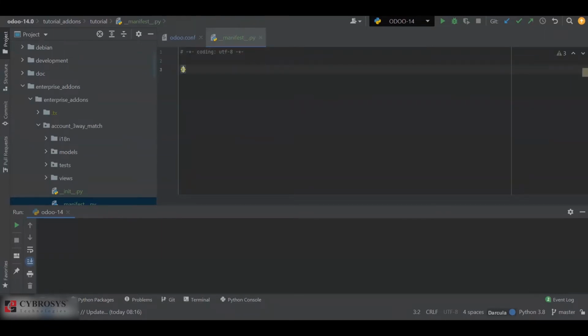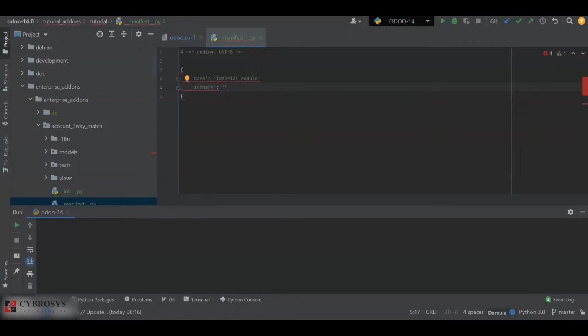Next, we'll open a curly bracket, and inside that, we'll add the first attribute, name. This will be the name displayed for our module. Let's say this is Tutorial Module.